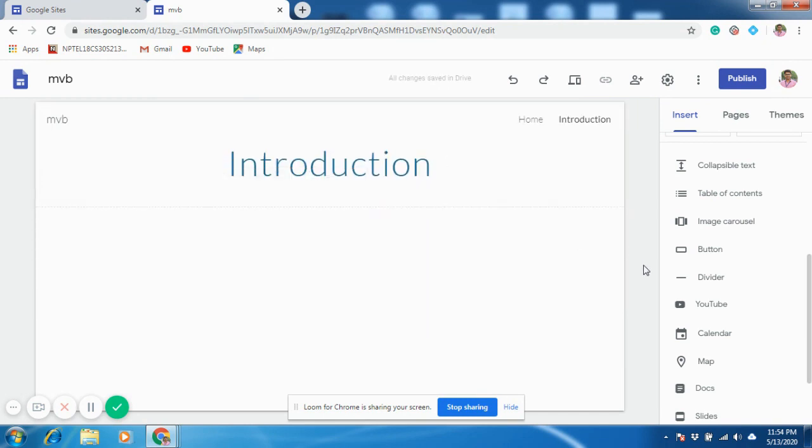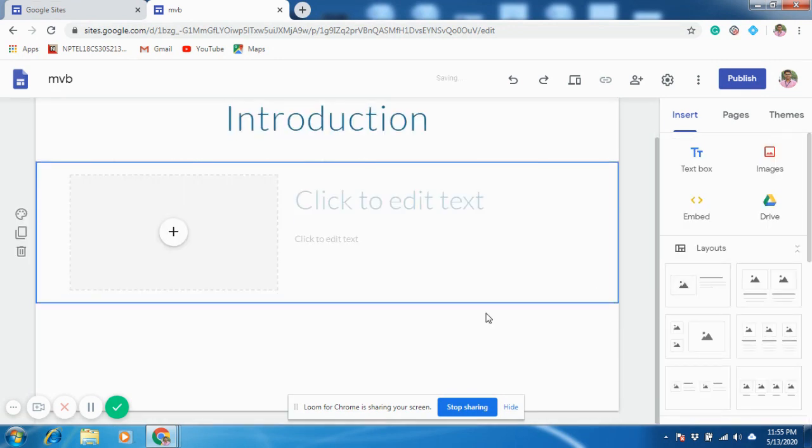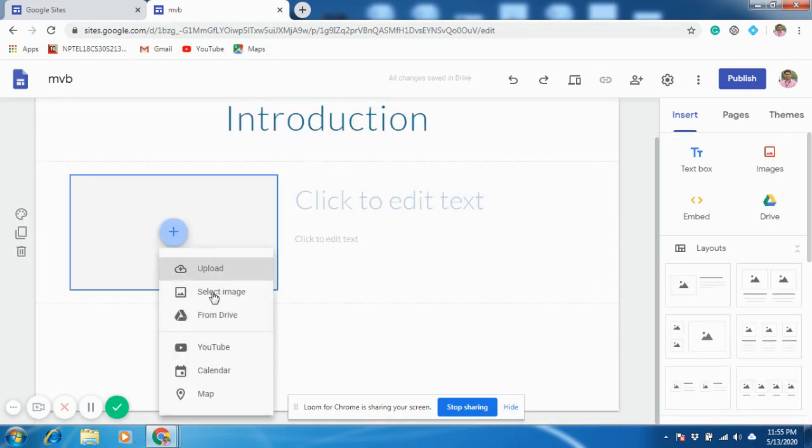This will be good. So now we need to add a lecture video. How to add a lecture video? You have so many options. If you have a YouTube reference video, you can choose YouTube directly, or if you have your personal channel and your video, that is also fine. But let us use some layout here. I want to use this layout. Click plus. Here you have again, as I said, the YouTube option. So let us click YouTube.